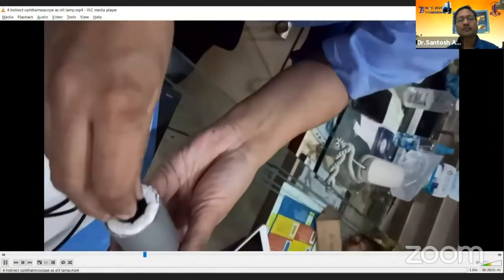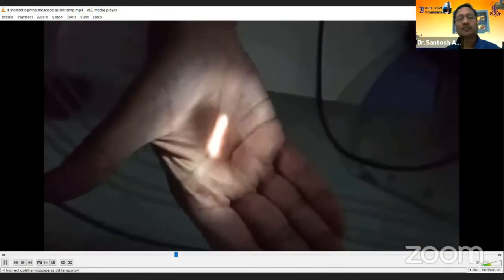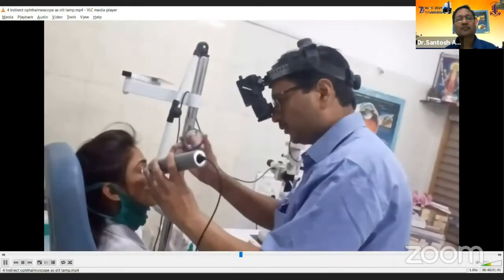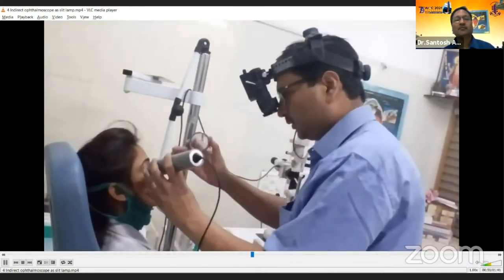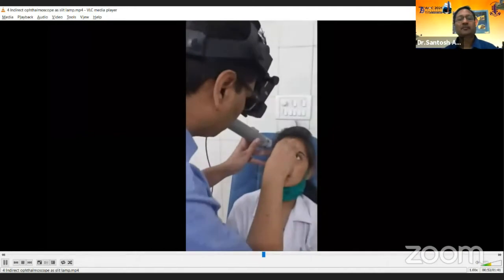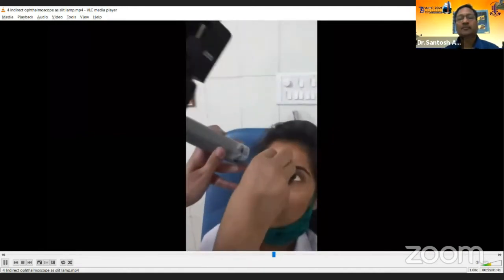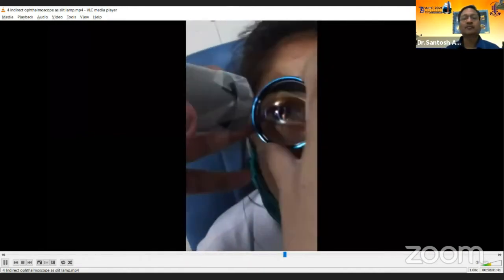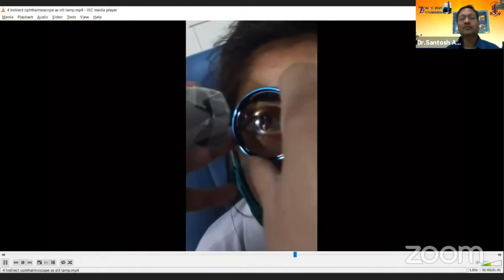At one end there is a slit in the black paper, and this is the slit light image, which we can see very well. In torchlight it is not possible. I have tried that, so I have devised this new slit light, and this can be utilized along with the indirect ophthalmoscope, so that the corneal and anterior segment structures and mainly the cataract can be assessed just like a slit lamp, with magnification and good illumination.